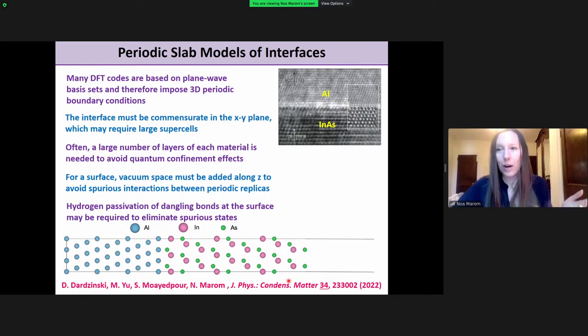We can do interface layer by layer local density of states plots. They're also very nice for interfaces to see. They enable you to see things like band bending at the interface and metal-induced gap states and proximity-induced magnetism in the semiconductor, all these things. Also, it works with VASP and can be useful for VASP users.